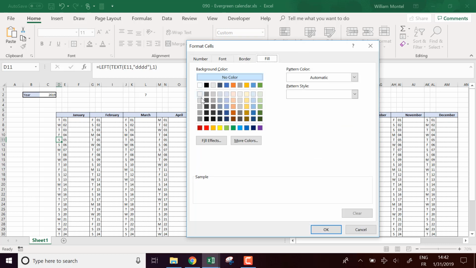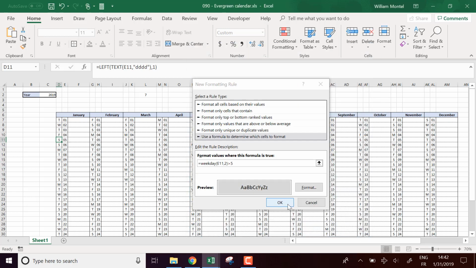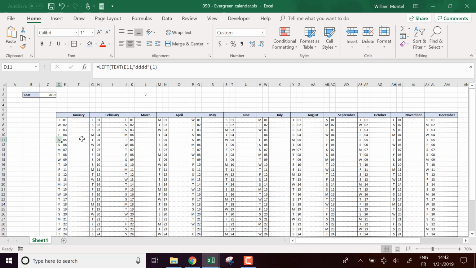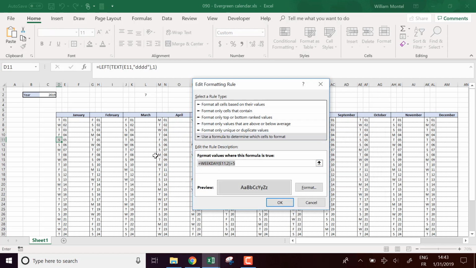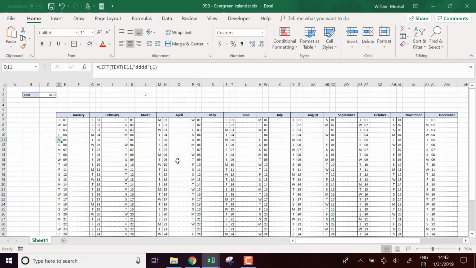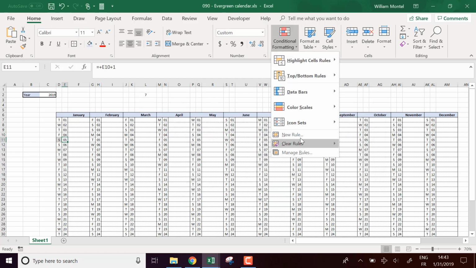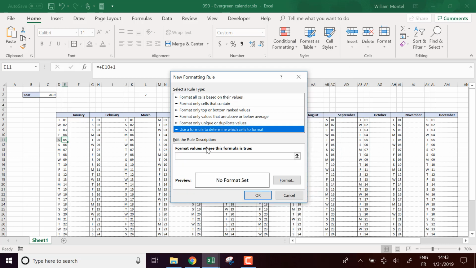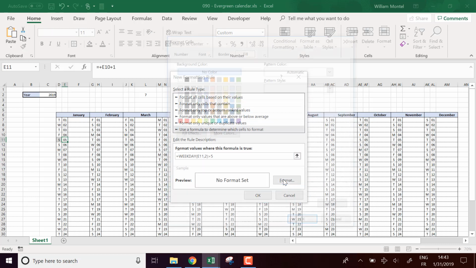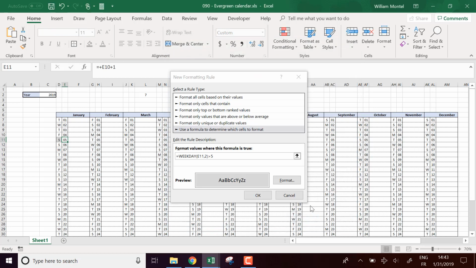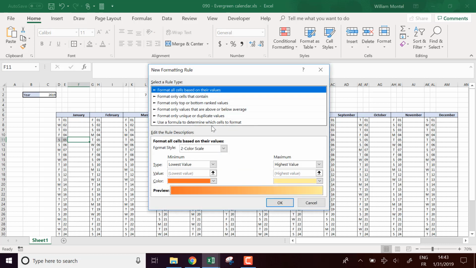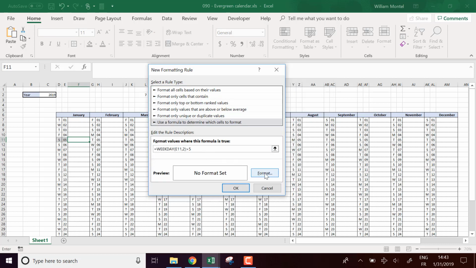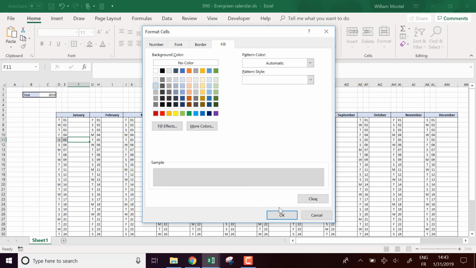Then I'm going to put this format in gray. Okay, and actually conditional formatting, I'm going to edit and copy the formula. I'm going to put a new rule as well, new rule formula, same formula and same color, new rule, formula, same formula and color, like this. Okay,